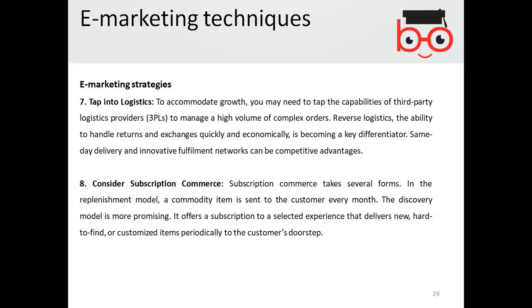For example, if you have machinery, sending your machinery by yourself, by your own courier, might be risky and you need to invest much more in your transport. Try to hire a third party and they will give you more facility. So that's a kind of tip. Does it make sense?